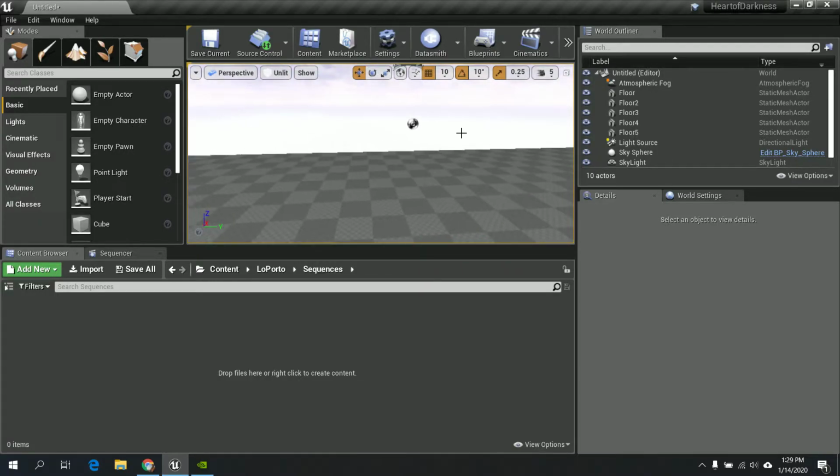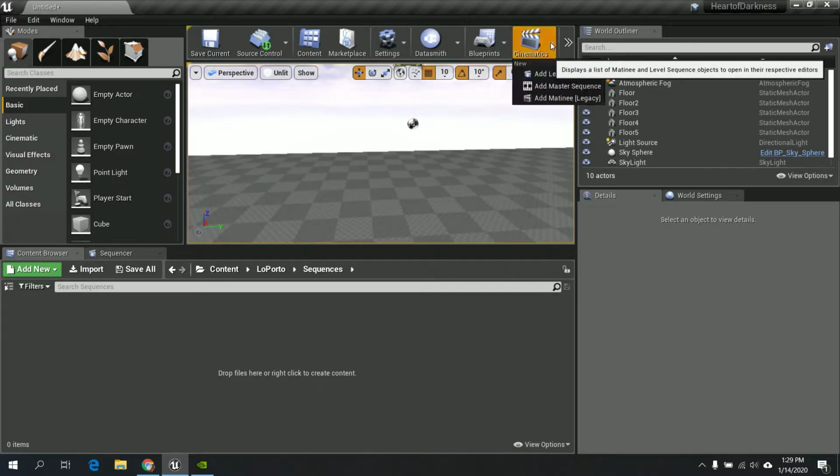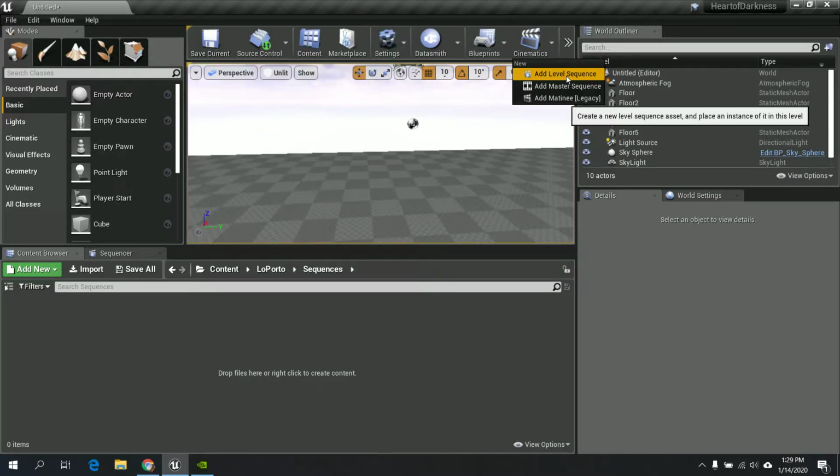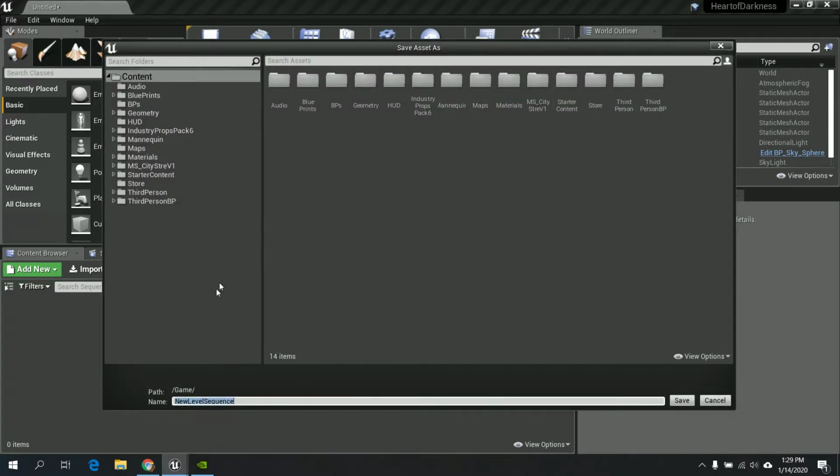So here, what I'm going to do is go to cinematics and say add level sequence. And that's going to ask, if you want to add a level sequence, what are you going to call it? Where are you going to put it? So we're going to put this one in, if I go to content,